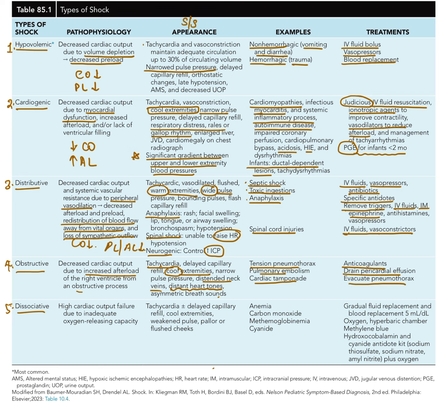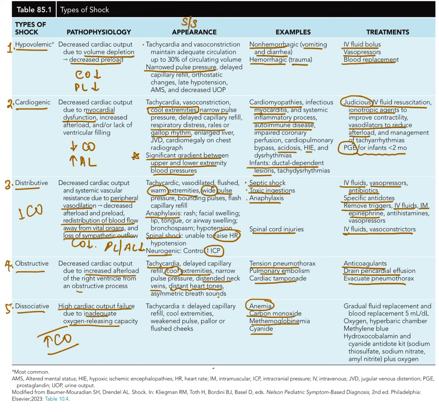Fifth type of shock is dissociative. In this, high cardiac output failure shock is there, as in case of anemia, due to inadequate oxygen releasing capacity. In distributive and dissociative, the difference is decreased cardiac output and high cardiac output. The only type of shock having high cardiac output failure is dissociative, as in case of anemia, carbon monoxide poisoning,